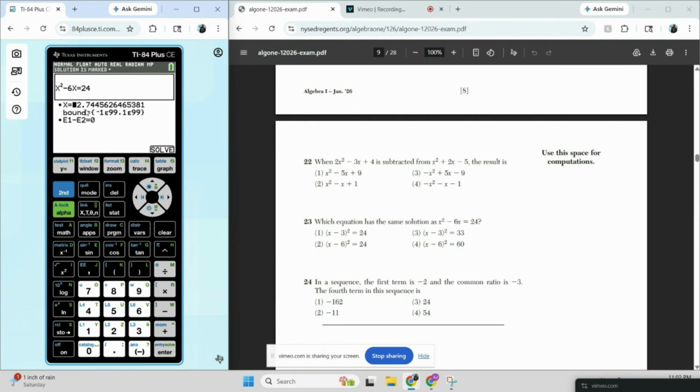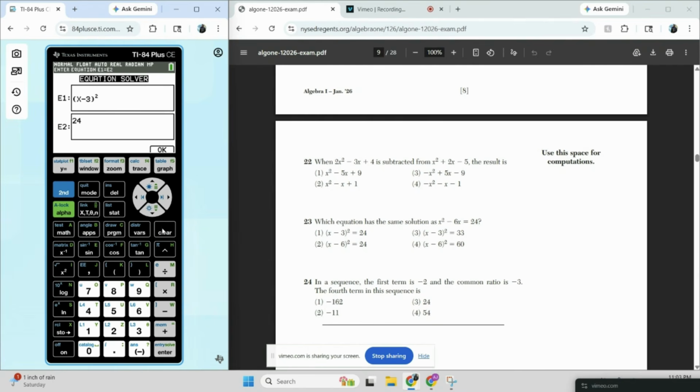I'm going to go through my answer choices. So use this space for computation. I'm going to write my two answers off to the side. And then to go back into, if I click up, that takes me back to E1 and E2. If I get lost, I'll just quit, go home, and start all over again. I'm going to put in my answer choices again for the sake of time. I'm going to just show you x minus 3